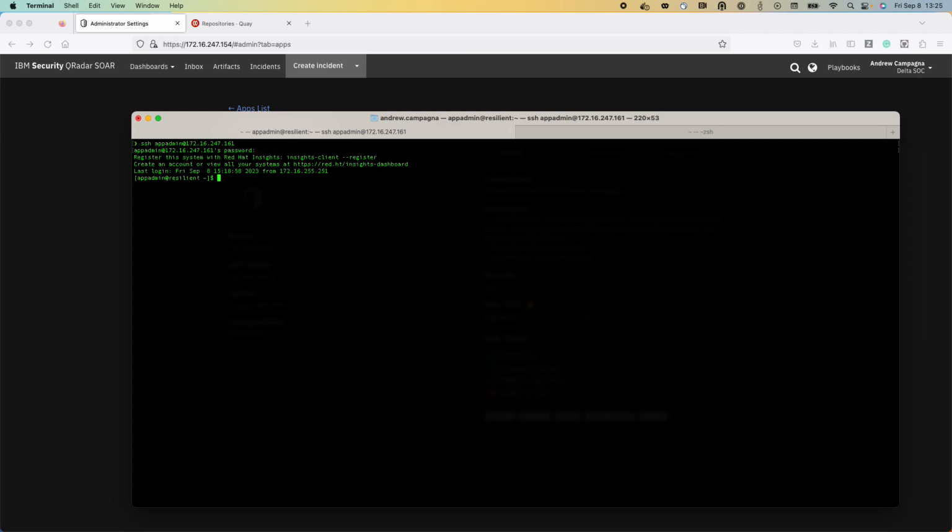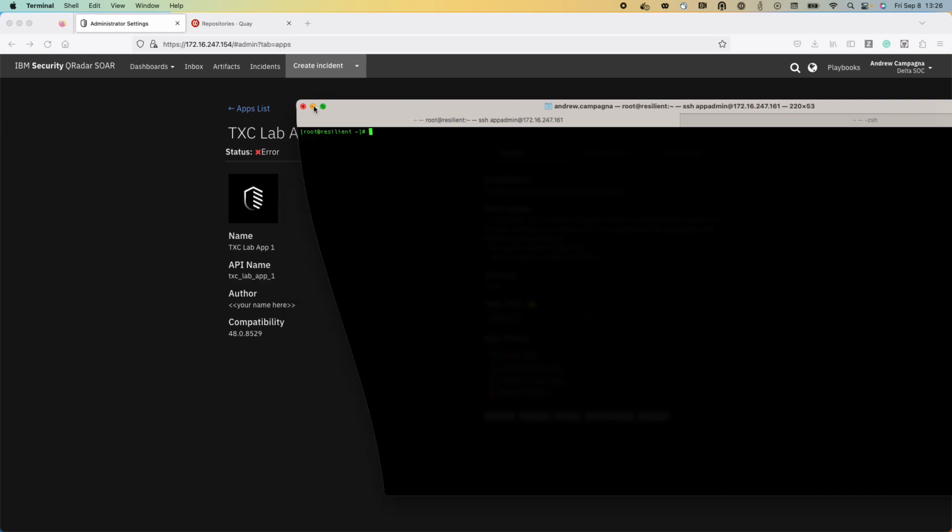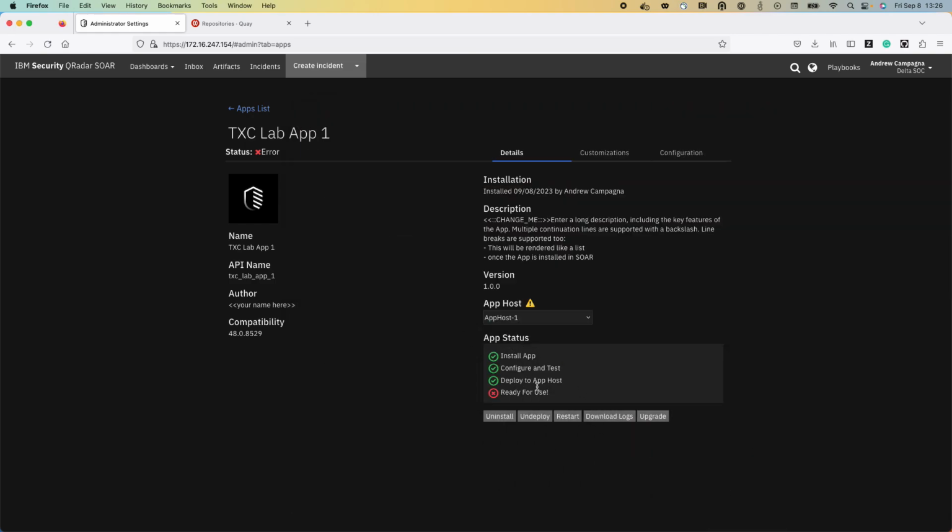This is just a regular user on the actual machine. So we want to sudo up and become the root user. And this will give us easier access to the Kubernetes environment. And now as the root user here, you can see by this hash symbol that we are indeed the root user. So I'm going to minimize this, and we'll take a look at what happened over here during our application